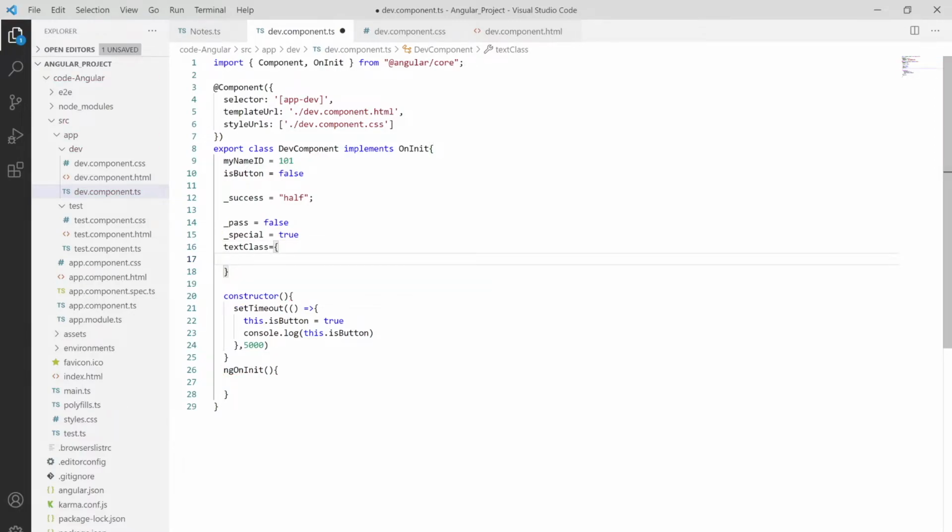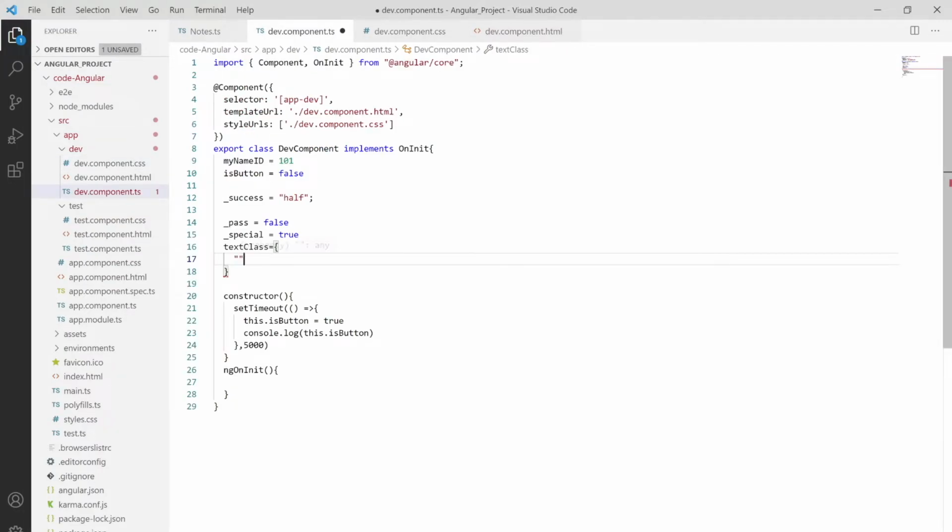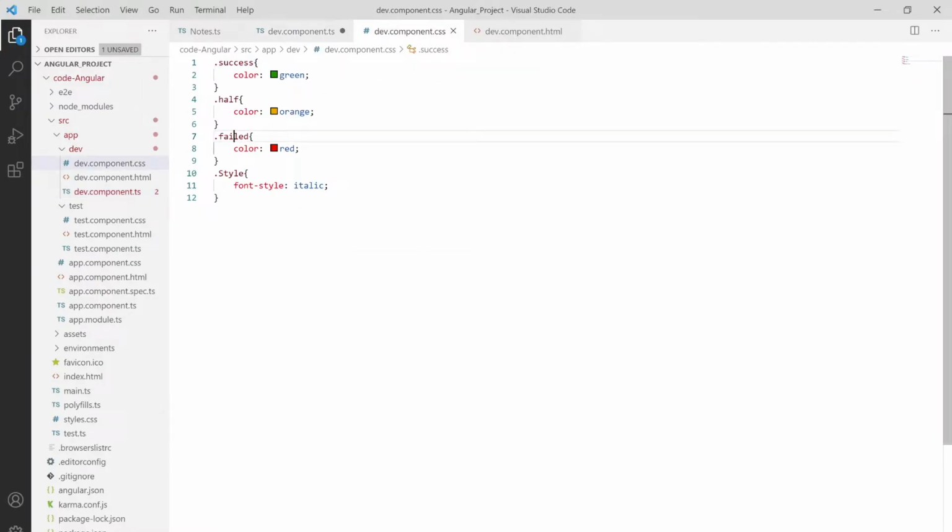So I'm creating the style as success, and then passing success as not equal to this dot underscore pass, and also declaring fail as failed.